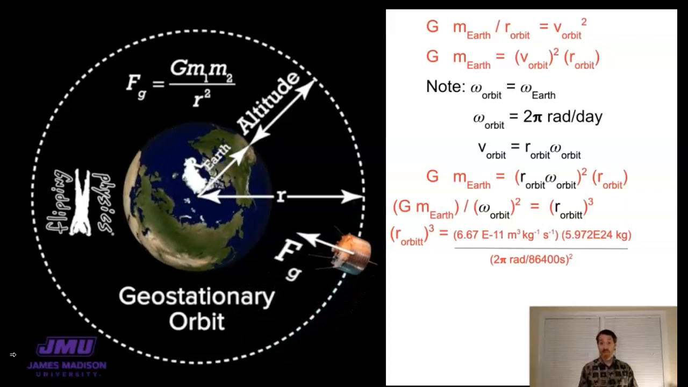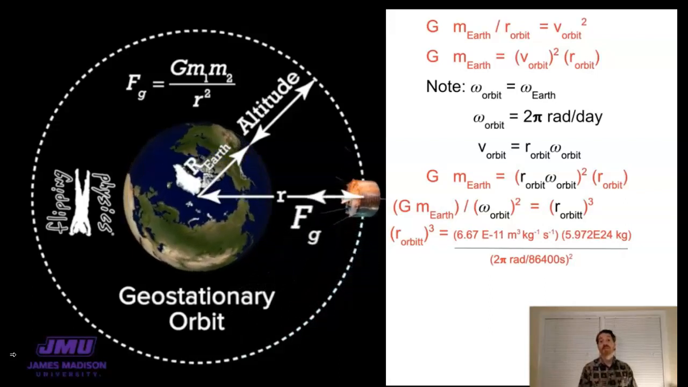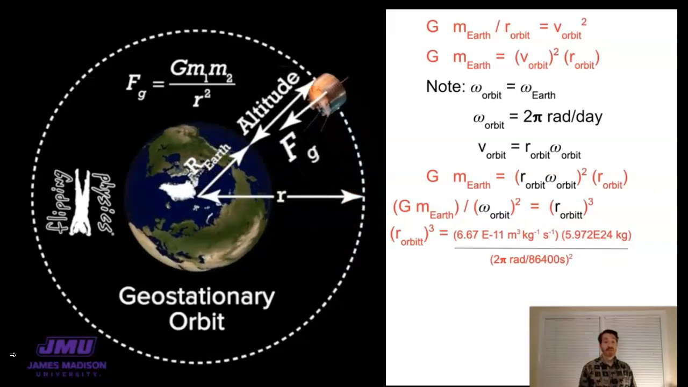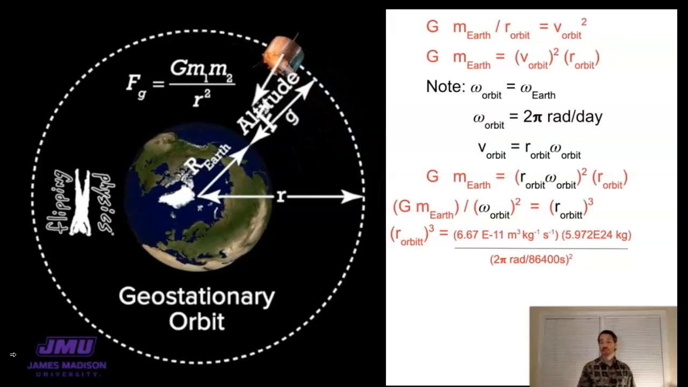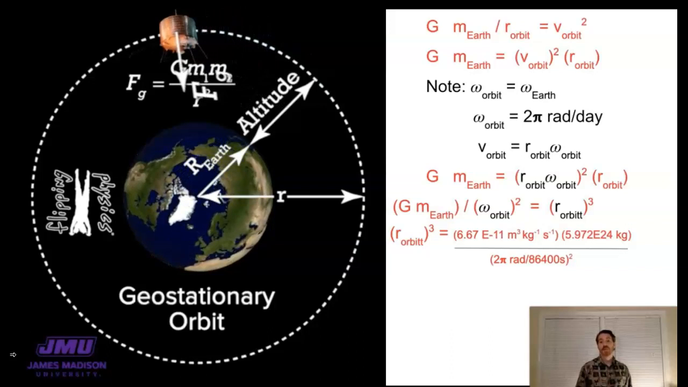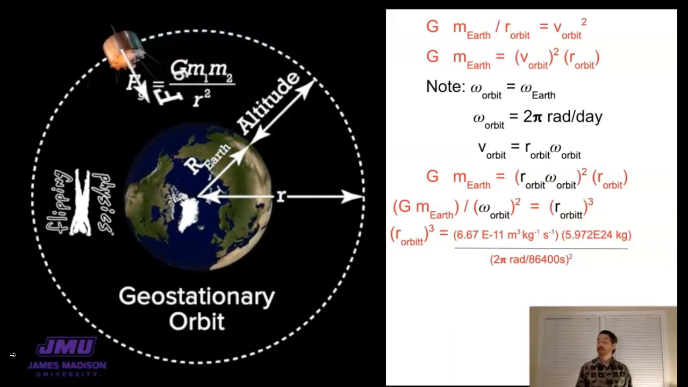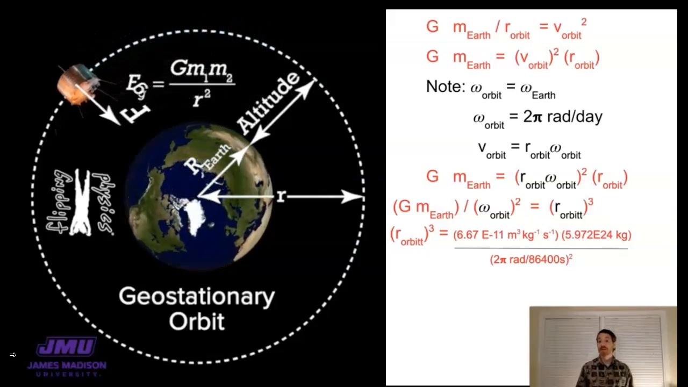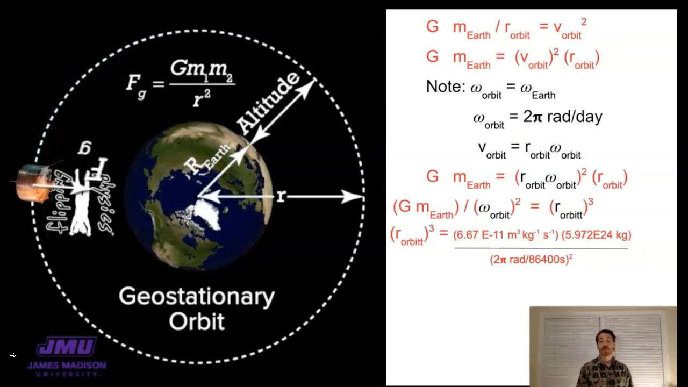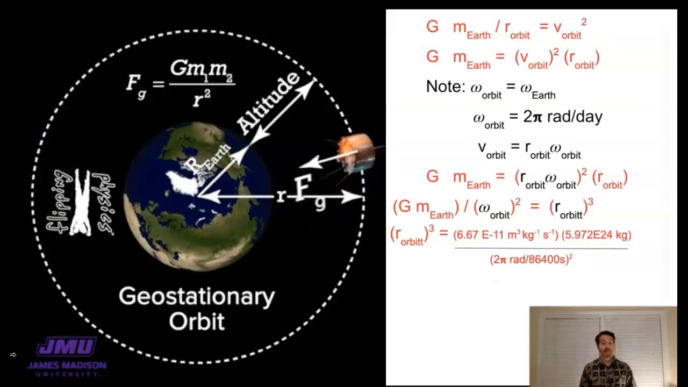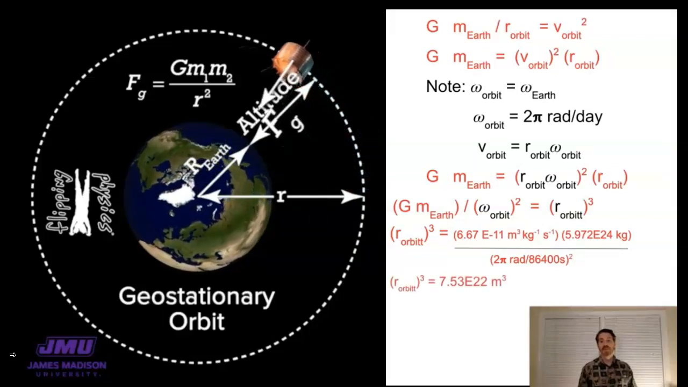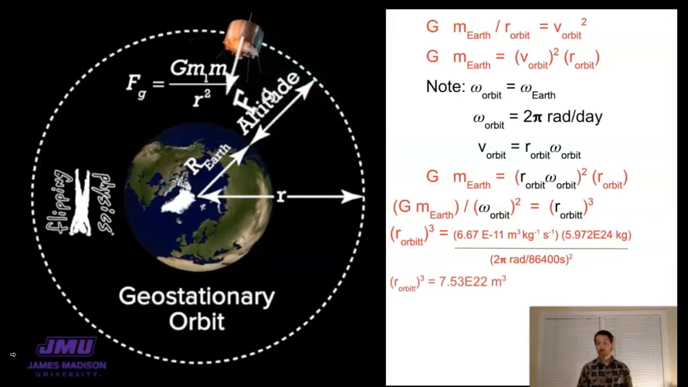Equals capital G, which is the 6.67 times 10 to the minus 11th meters cubed per kilogram second, times the mass of the Earth, which is the 5.972 times 10 to the 24th kilograms, divided by the angular speed of the orbit, which is the same as the angular speed of the planet, which is 2 pi radians per day. And instead of day, I have the 86,400 seconds that one day is equal to. And what I calculate from that is that the radius cubed is 7.53 times 10 to the 22nd meters cubed,